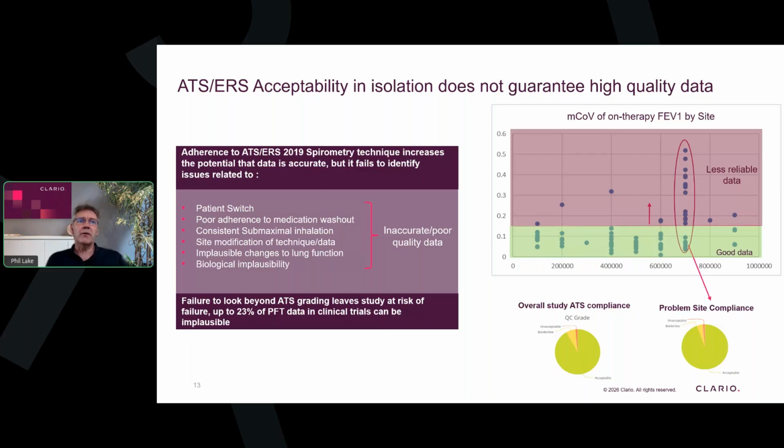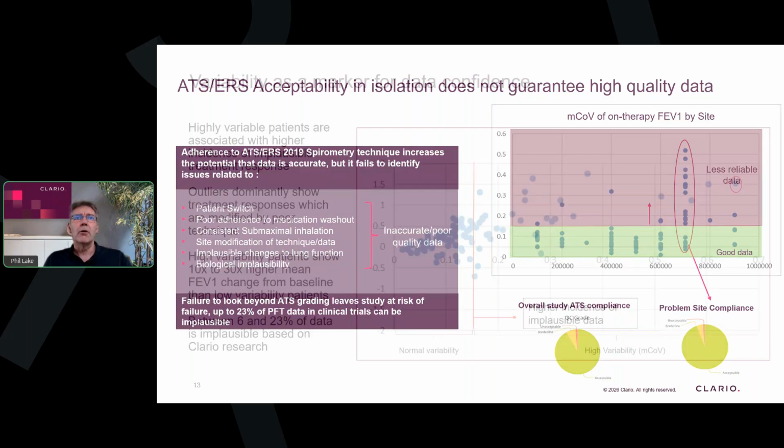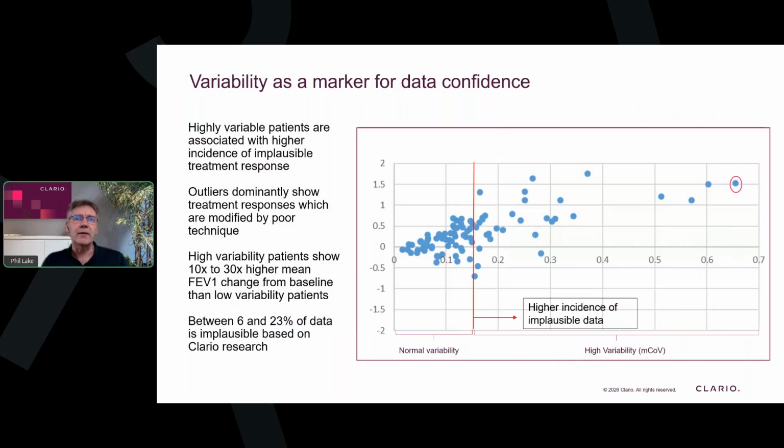Finally, a little bit of data to express the extent of this implausible data within clinical trials. We see that up to 23%, the highest we've seen in any trial, of the data can be classified as implausible. Let me show you what I mean by implausible. Another way to present the data: in this chart, I've shown the change from baseline to the current visit, either improvement or decline in FEV1, plotted against the variability of